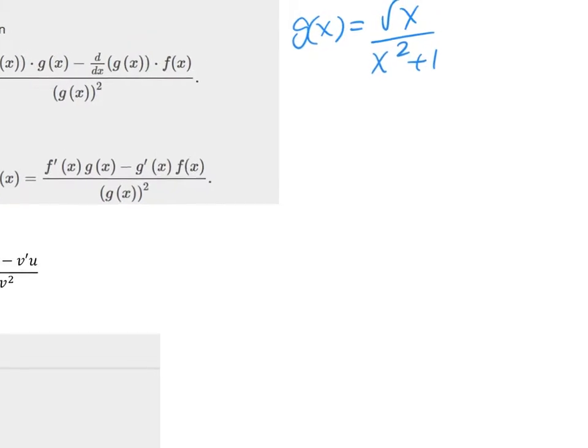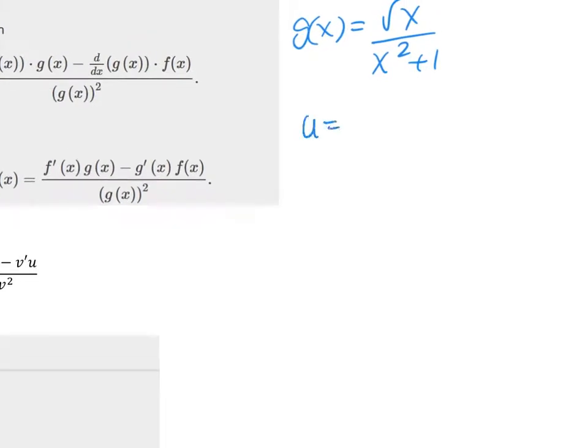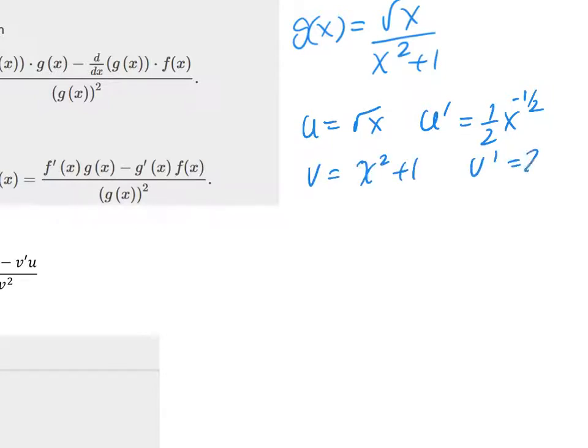Okay, so going back to this, I'm going to do the same thing. U is my numerator, so that is the square root of x. U prime is equal to 1/2 x raised to the negative 1/2. V is equal to x squared plus 1. V prime is equal to 2x. Now using this formula, which is u prime v minus v prime u all over v squared. So using that formula,